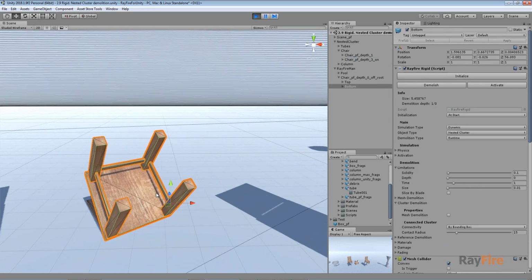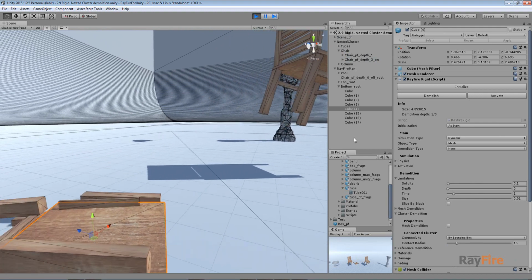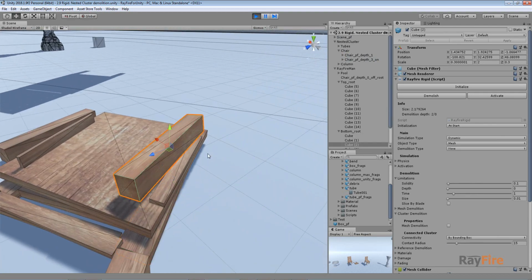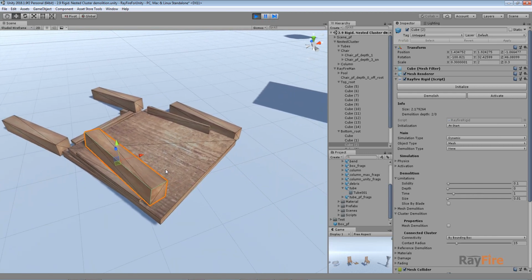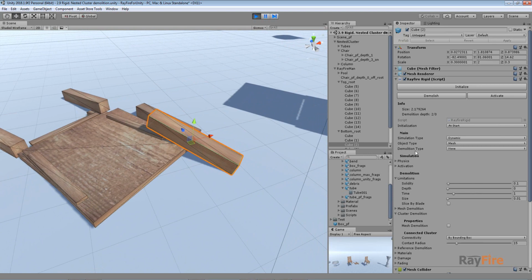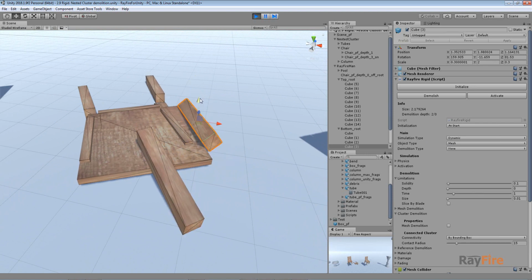Okay, now see that it was demolished to top and bottom pieces, but after that, this bottom piece also was demolished, and now every mesh finally was separated to its own. Now it has this mesh object type. It's not a cluster anymore, and you can simulate every cube separately. So we can start a group of objects as one cluster and then demolish it step by step into separate